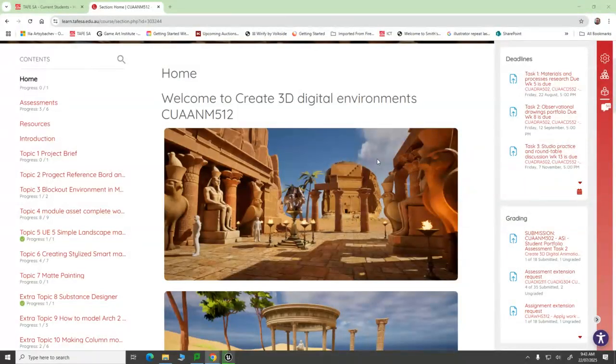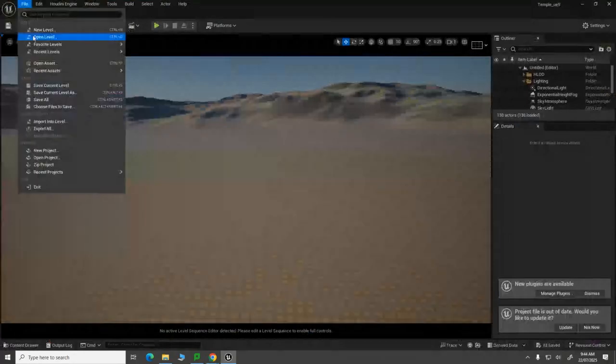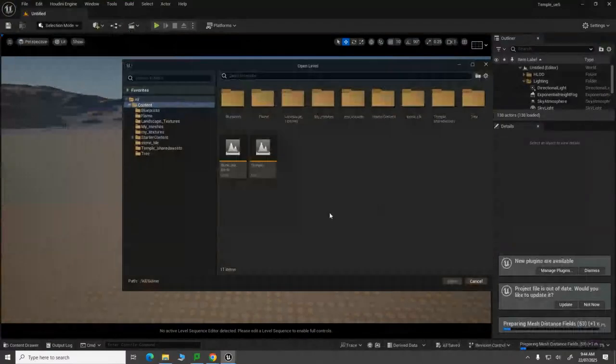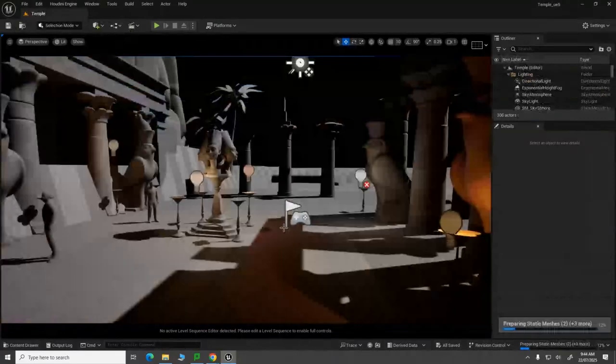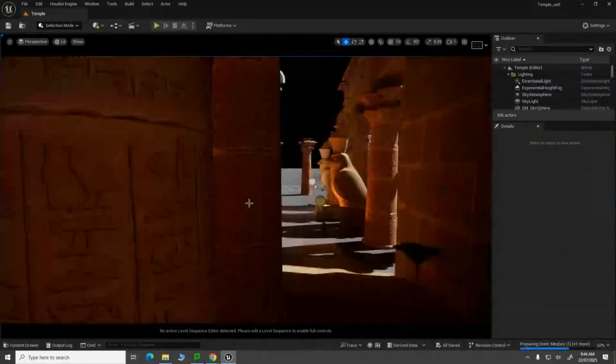So the other things which we're going to look at again for this particular unit is we're going to look at Substance Designer. We're going to look at tileable textures. And the main difference with the previous term is that we guys actually,